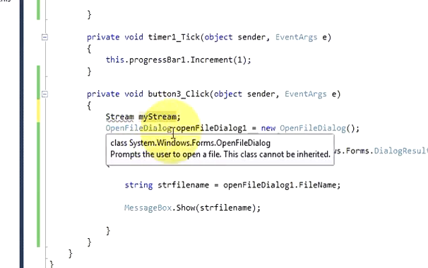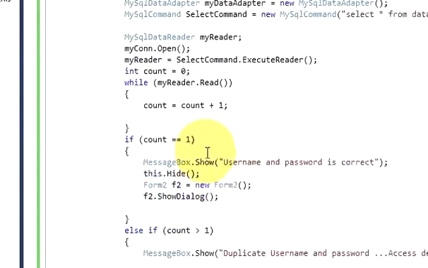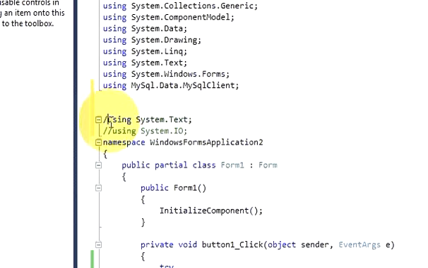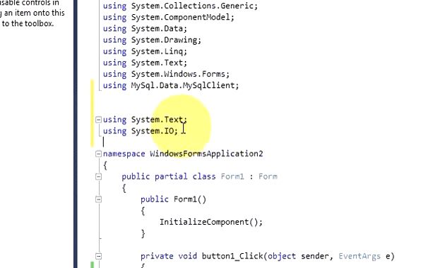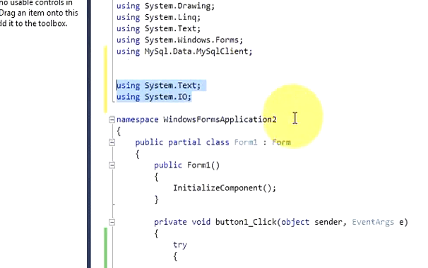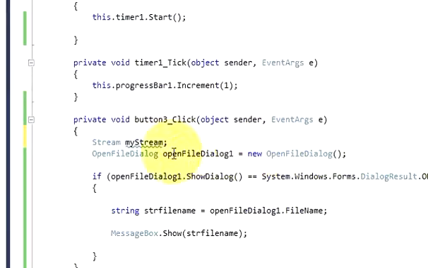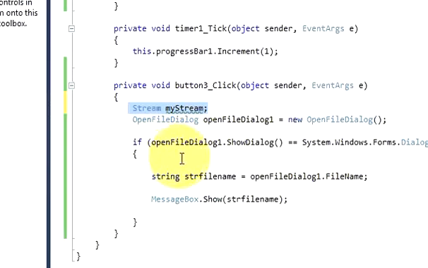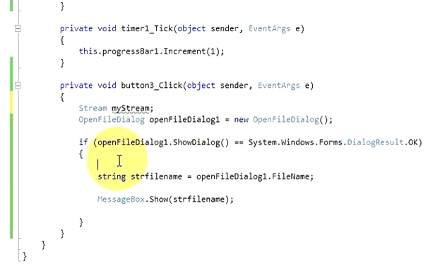This is because we need to import some system files. So just import these two files. Go at the top and write these two lines: using System.Text and using System.IO. Just write these two declarations at the top of your program, and when you go back to your code, this error is gone, right? So I declared this stream variable, and inside this if statement I will